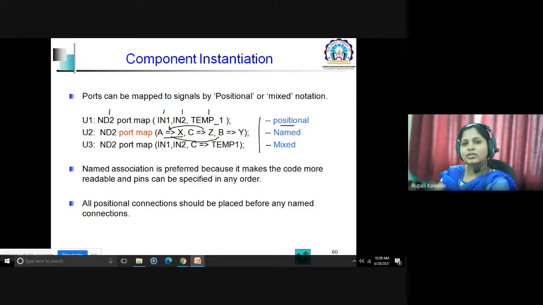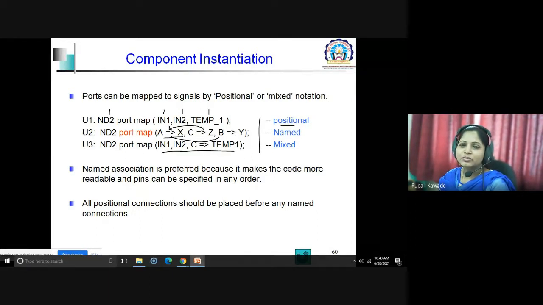So in named association, position doesn't matter. But in the case of in1, in2, temp1, position matters. And the third one is the mixed mode. In mixed mode, in1 and in2 show the positional association, and C equal to temp is a named association. We can use this for your component instantiation.